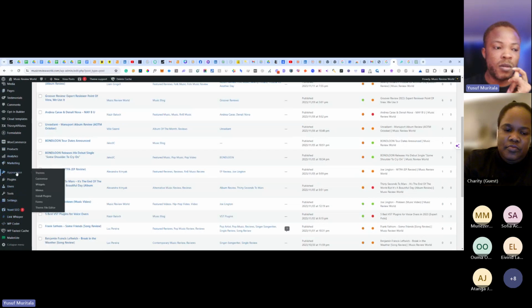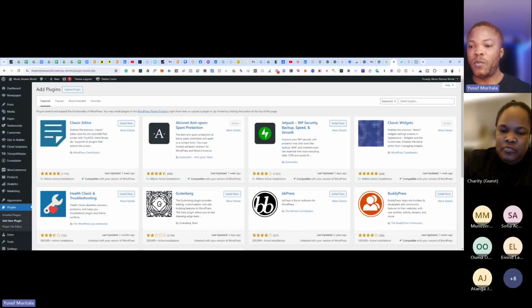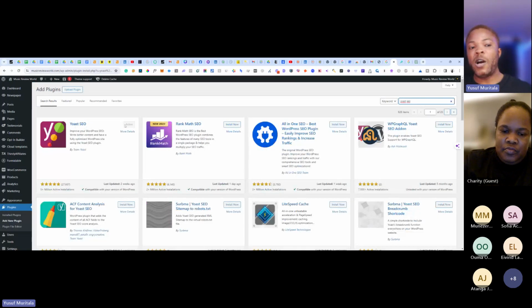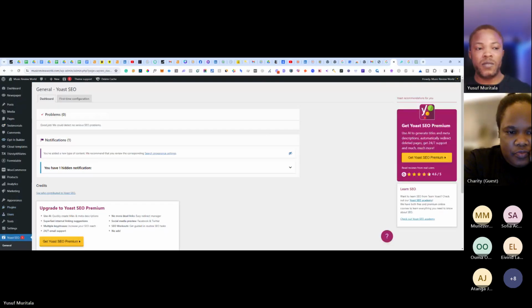So normally you just come to plugins on your WordPress website, and then you add the plugin. So you just type Yoast SEO. So straight up, it's going to bring it here. You can see for me, I already installed and activated it here. So once activated, you will see it right in here, right?